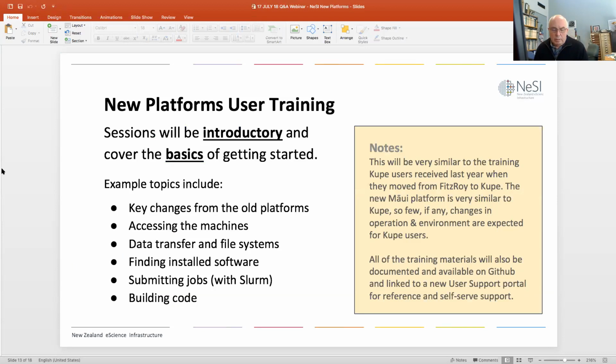So I guess some of you will have been involved in, just looking at the box on the right here, user training for the move from Fitzroy to Kupe. And in the first instance, we will do the same for those users moving from PAN to Mawika. It is introductory, as we say here, and covers the basics of just getting started, as opposed to the more